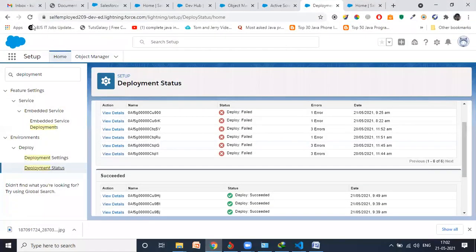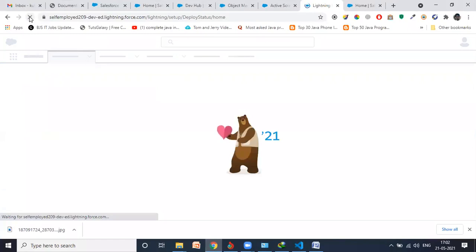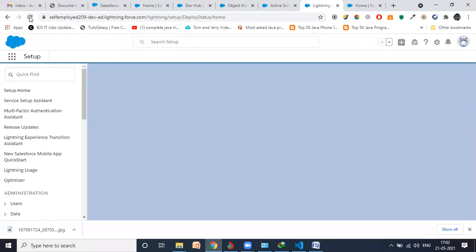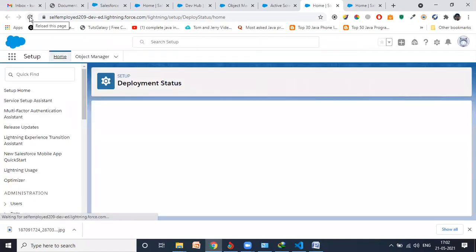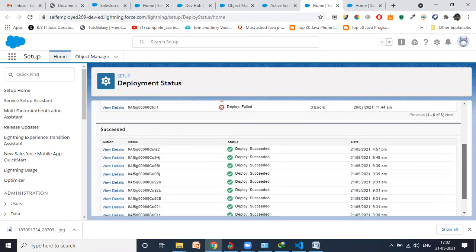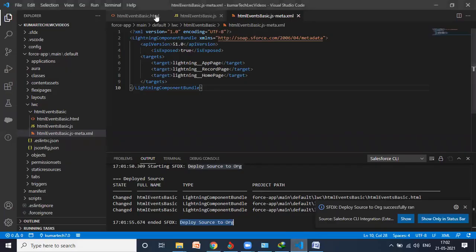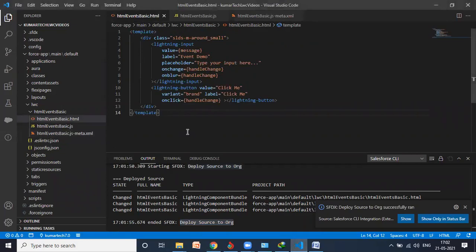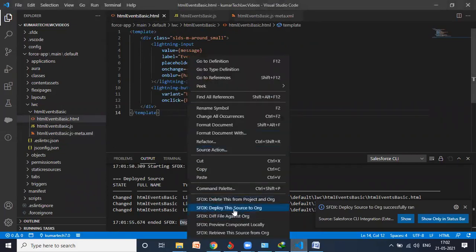How can we believe, sir? Go here, refresh this. Scroll it down. Okay, so 4:57 p.m. One deployed, succeeded. Similarly, for this HTML also, I will do the same. Deploy to Source Org.